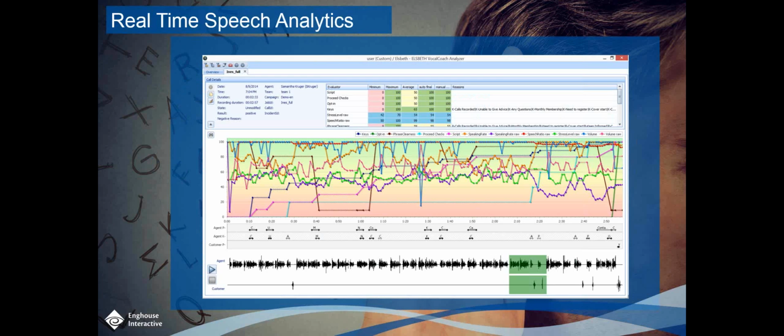So just to sort of round this off, this is a quick screenshot of a call drilled into in the reporting system, and you can see lots of squiggly lines. I did this on purpose. Obviously, you can choose which ones you want to see to get a clearer picture, but I just wanted to show you that there is a wealth of information to be had, and it's not just one number per call. You can actually see the development throughout the time of the call, and you can relate that to what has been said, so you can see which specifically is that upset a customer, for instance, or achieve the opposite, and with that gain really useful